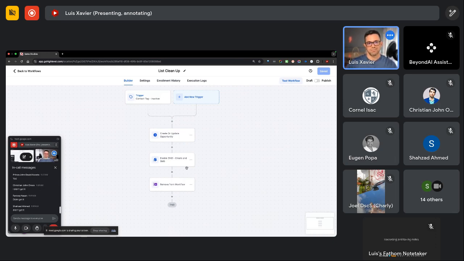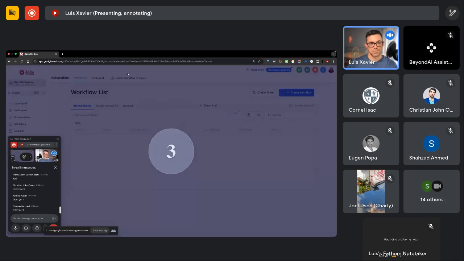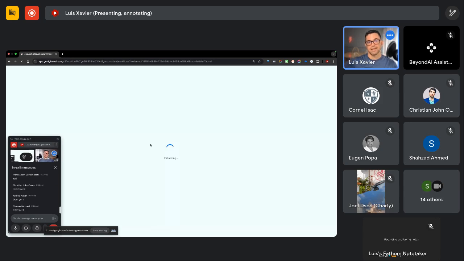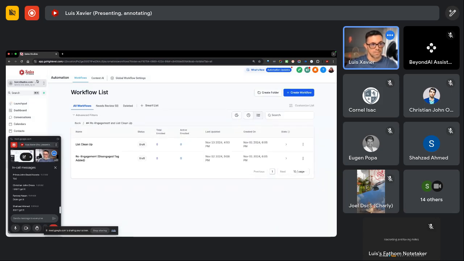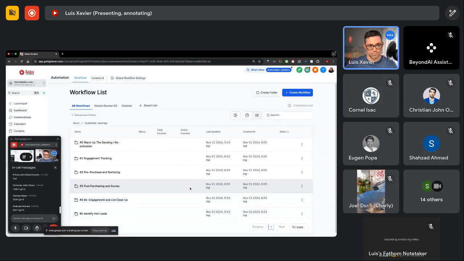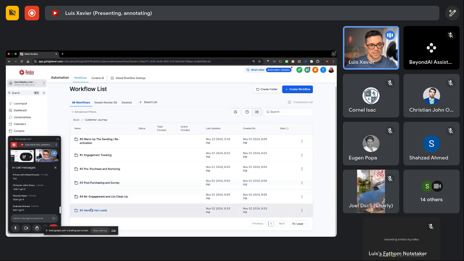They don't want to open your emails, they don't want to read your emails, and you keep sending them emails. You're going to be spamming them, and it will affect your IP reputation, domain reputation, and your emails will start going to Neverland. Cool. And then the last one here is to identify the hot leads, which is what I showed you before inside of the welcome email sequence. Cool. So that's pretty much it.